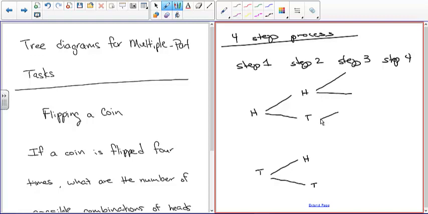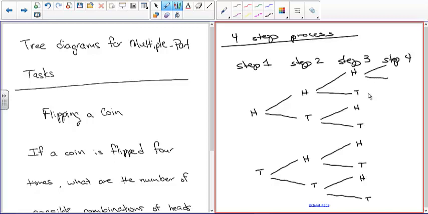Then finally, the next step, you can see why it's called a tree diagram, because we're drawing branches like a tree. So, third step, there are two choices, heads or tails, heads or tails, heads or tails. These previous things are representing what happened in the previous step. And then finally you can go to step 4, and each one of these branches out again.